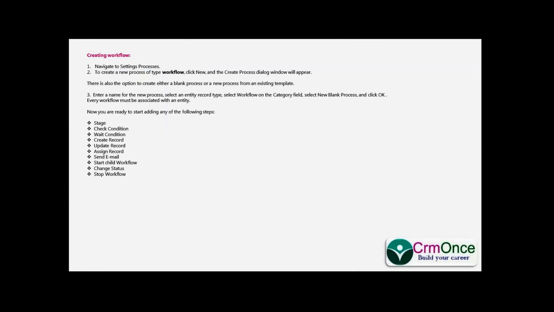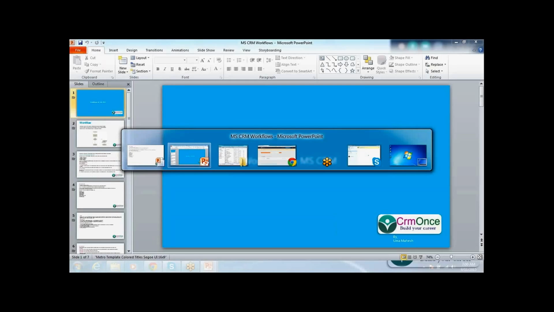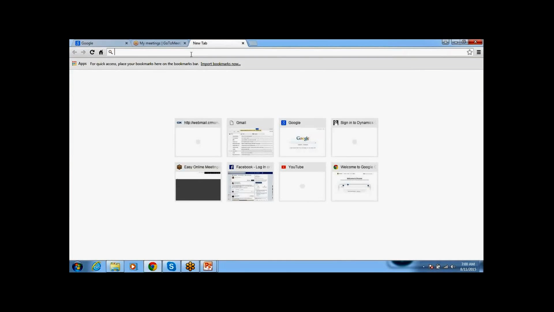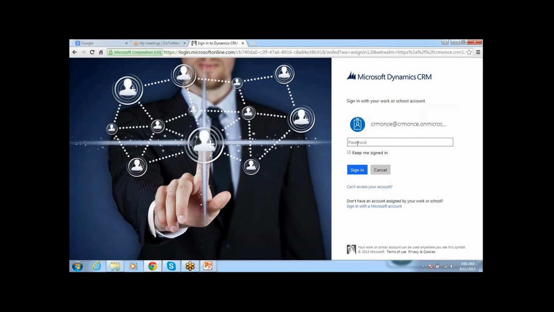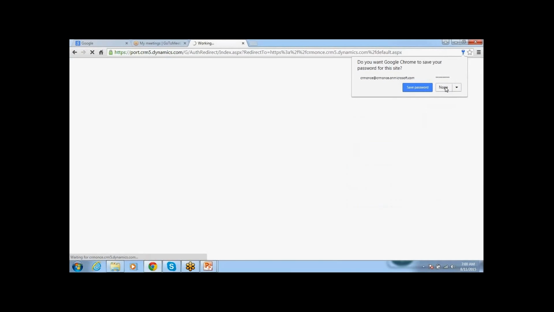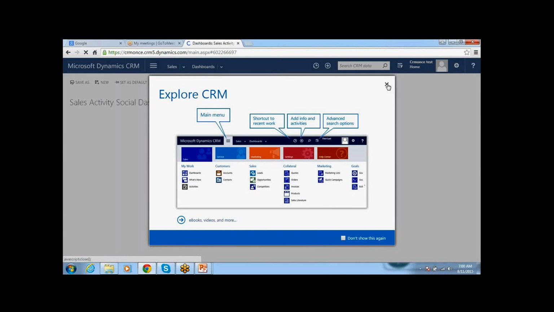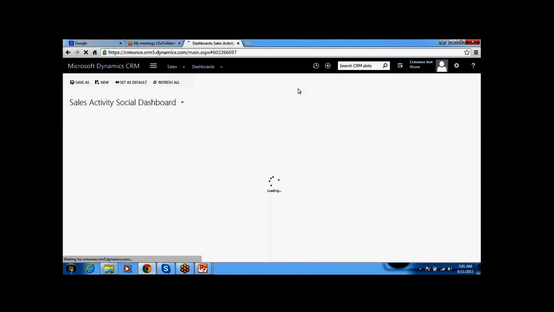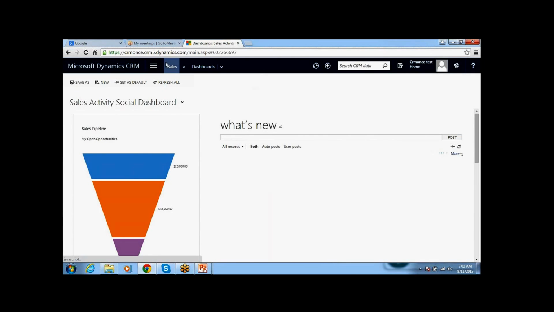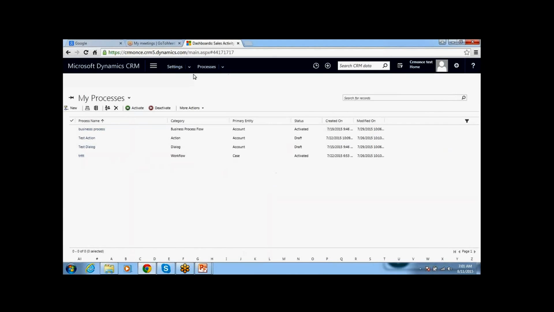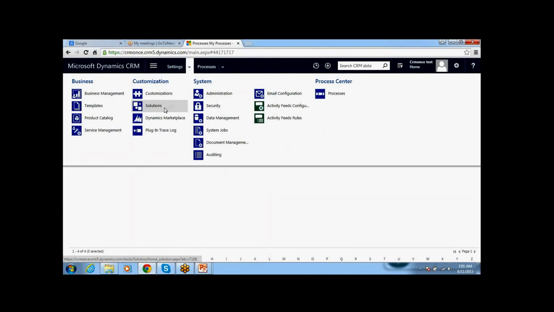First step, creating a workflow. Go to the CRM, then go to settings and solutions.